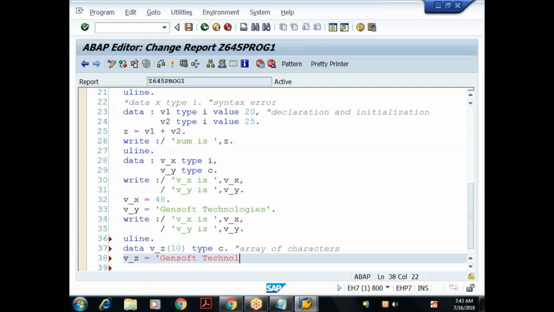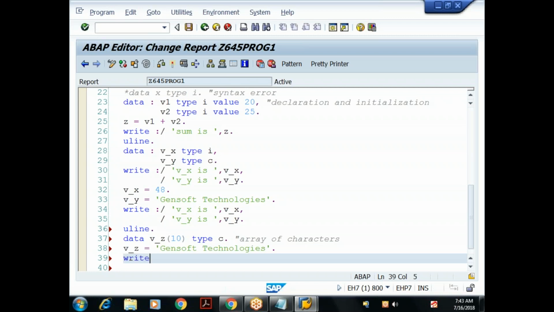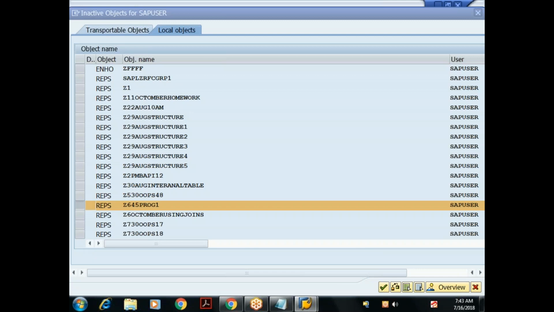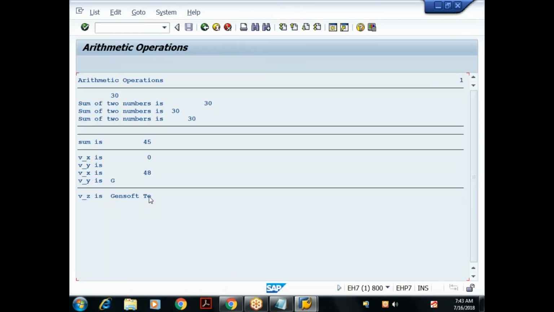Now I'll say v_z is equal to Gensoft Technologies. Let me print the value of v_z. Again, for your understanding, I'll print a string here, v_z is, and then v_z, the variable which you're trying to print. The capacity of this variable is a maximum of 10 characters, but I'm trying to store more than 10 characters. So when I execute, what did I get? Gensoft space 10, space T. Overall 10 characters is 7 plus 1 plus 2. Space is also considered